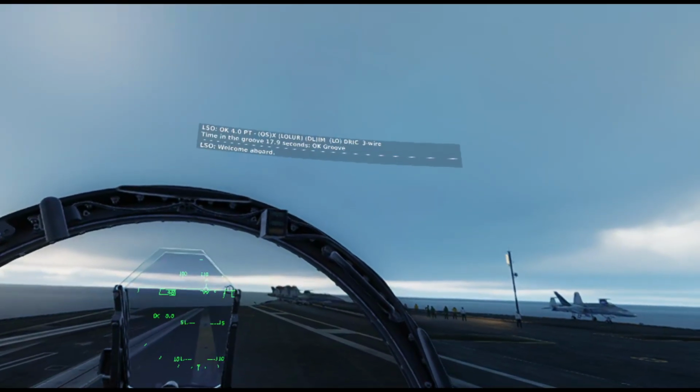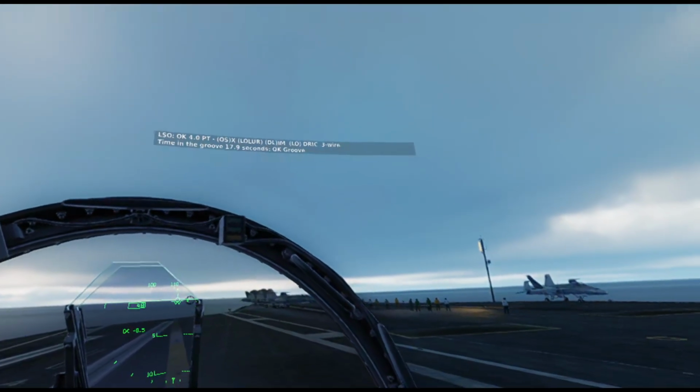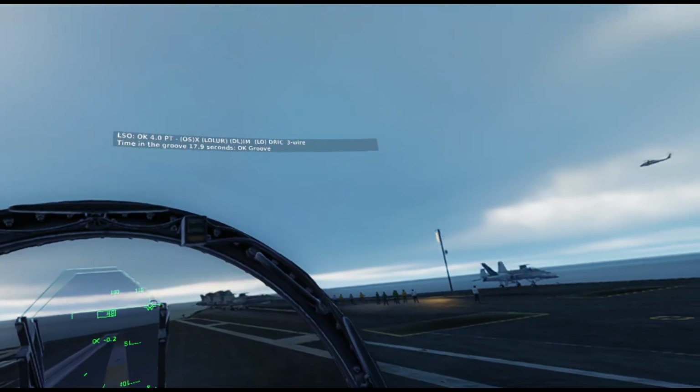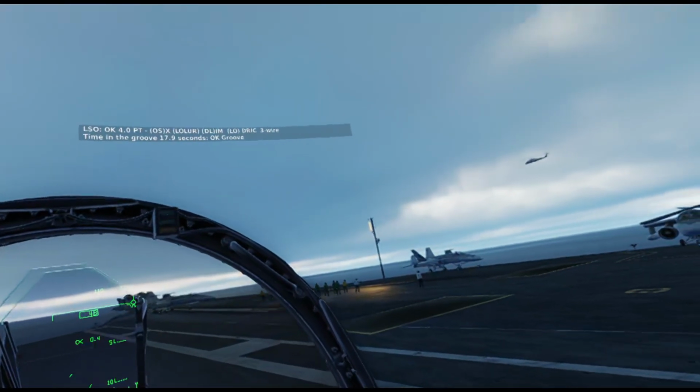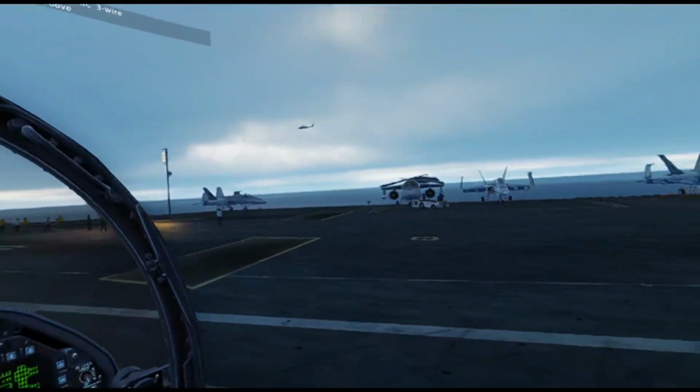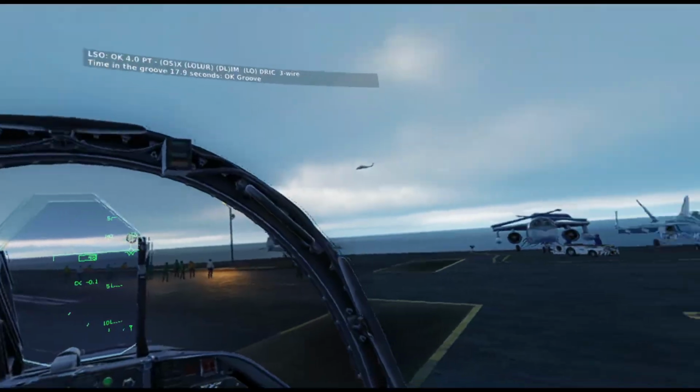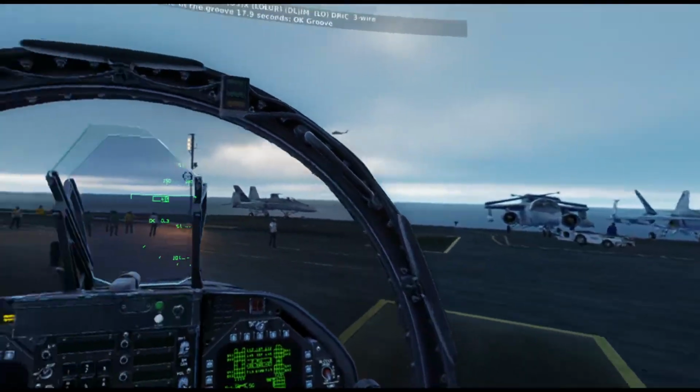So we overshot, as I said. A little low, lined up right, drifting left in the middle, and then low, drifting right in close, 3-wire. So as I said, not an awesome approach, but still got a 4.0. I think that's a bit generous, but